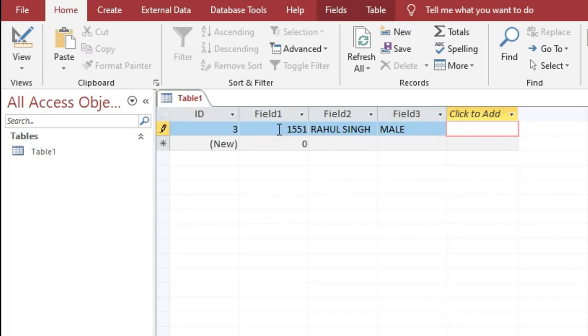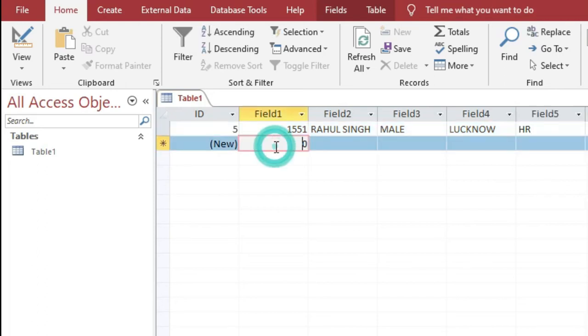Again tab, it will give us the cell to put the data. Okay, and if you want to fill the data for the next row, just click on this and then start to write data here.